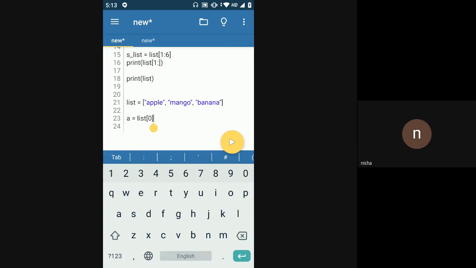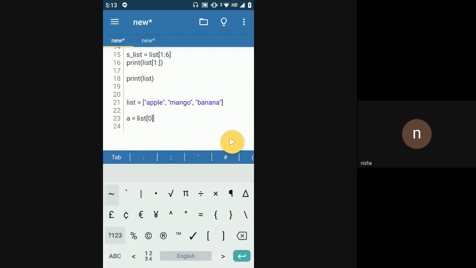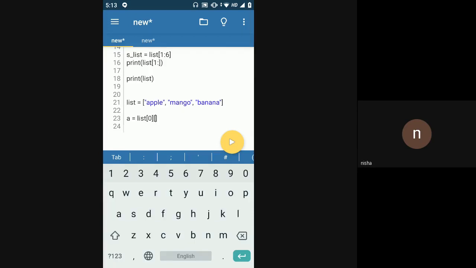So what I'll do is my first index would be the index of the element from which I want the character, and my second index would be whichever character I want. So here I want a, right? I wanted to get a character from the apple string, which is present at index 0 in this list. So I said list of 0. If you read from the left hand side, list of 0 will get me the string apple, and another index 0 will get me the value a.